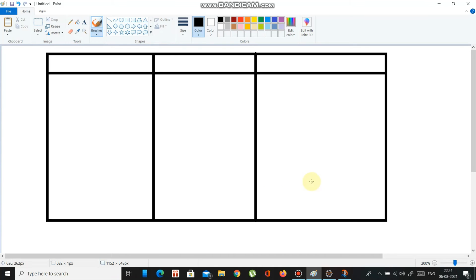So this is data type, and here we are giving the values or ranges.